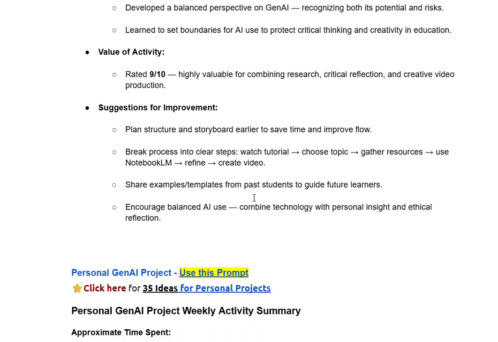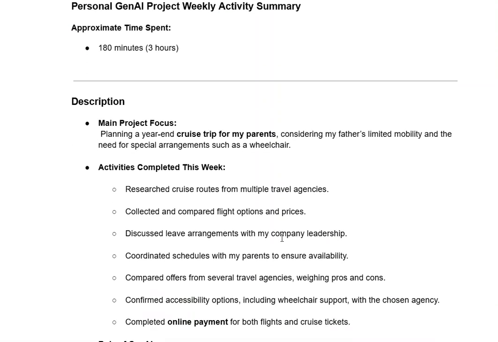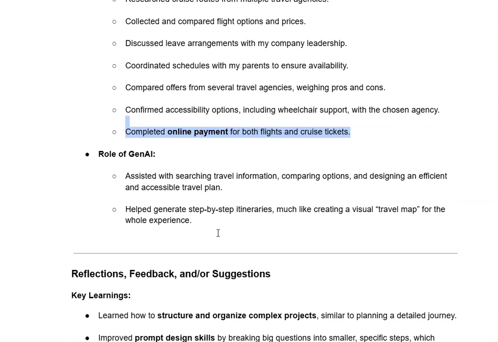Okay, good. And then what was this one? Oh, planning a year-end cruise trip for my parents. Okay. Okay, fair enough. Oh, here's the role of Gen AI. Assisting with searching travel information. Okay. All right.